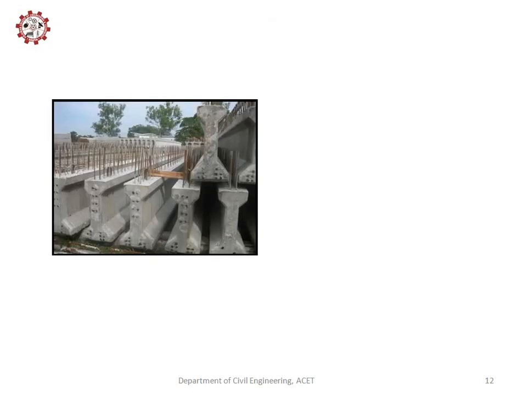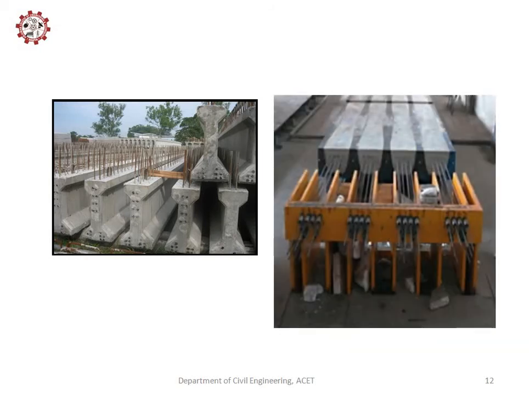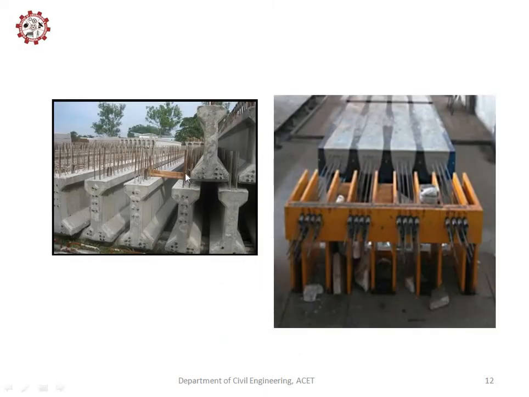So these are your precast girders, and this is how post-tensioning and pre-tensioning is done. If you can see, these are built and kept on the site, and those are then transported, and this is how these are made. These are the girders which are made by passing these post-tensioning rods.